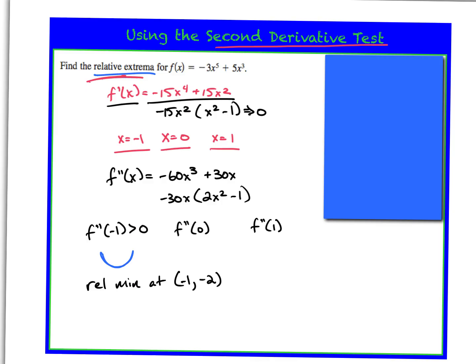Now we're going to do the same thing for f double prime of 0. Again, 0 is a critical number. So if I substitute in 0 right here, this would become what? 0. So 0 times pretty much anything would be what? 0. And so f double prime is equal to 0 right there, which makes it a what? A possible point of inflection, because when my second derivative is equal to 0 it is a possible point of inflection. All right? We'd actually have to figure out if my f double prime changes sign for it to be a